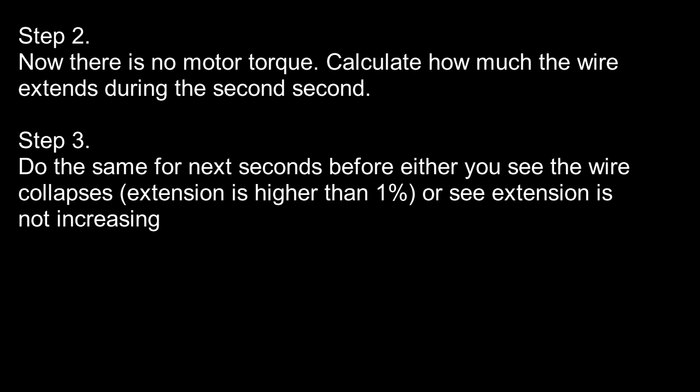If the rope didn't collapse on the first step, didn't extend too much, then this second step is important to check. Maybe it is still okay, so it's still continuously extending, but not to the limit where it would collapse. And we may need to do some extra steps until we either see the rope collapse, or we see that the system lets the winch accelerate as much as needed, and the rope is not extending anymore, and then the vessel can just stop and bring its speed to 0.